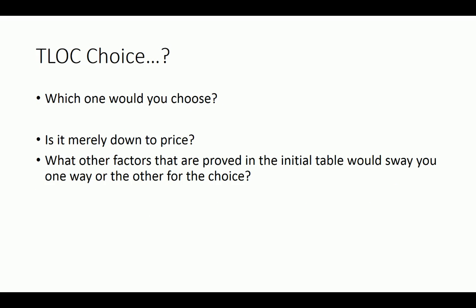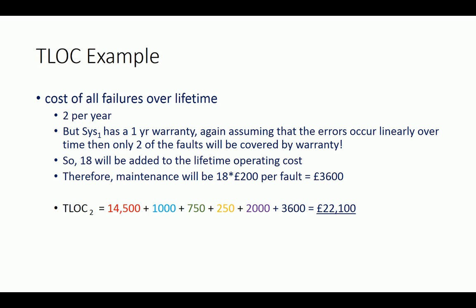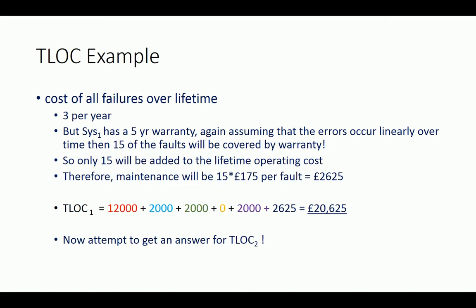It does obviously give you a final bottom line figure as best as can be assumed for faults and maintenance costs, etc. over the lifetime. It's obviously estimated lifetime. We don't know exactly. It's going to be 10 years. But assumed from data collected by the manufacturer of whatever measurement system you're purchasing, you go on as much data as you can find. What other factors that you're provided with within the table might sway you one way or the other? So although T-Lock 2 has come in at a dearer price,